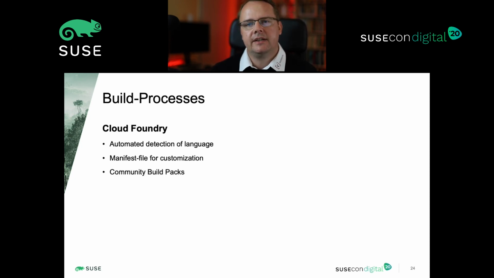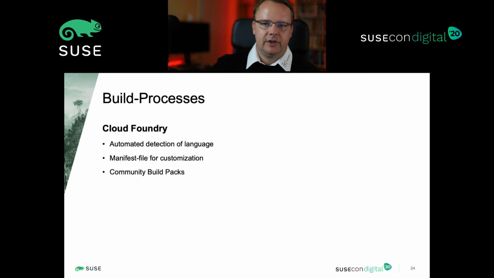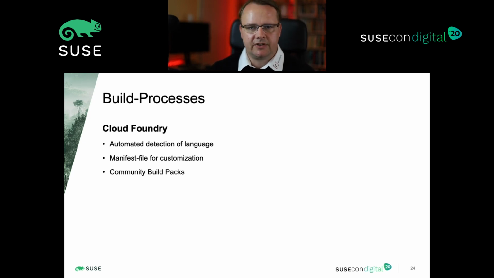So you can basically tell Cloud Foundry what to build, how to roll it out, and so on and so forth. And the build process on its own, it's done using a thing called Community Build Pack. That's basically a solution to grab code, compile it, and then roll it out according to the manifest. So you can add additional functionalities. You can even create your own build packs, and they would then be triggered by adding code to some specific location, and then all the automated stuff would happen.